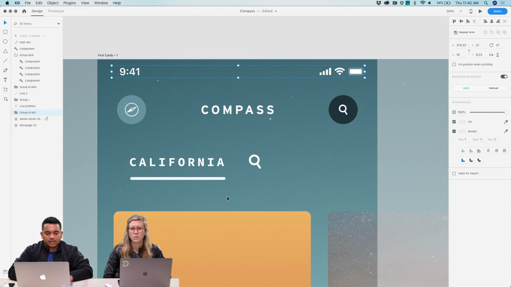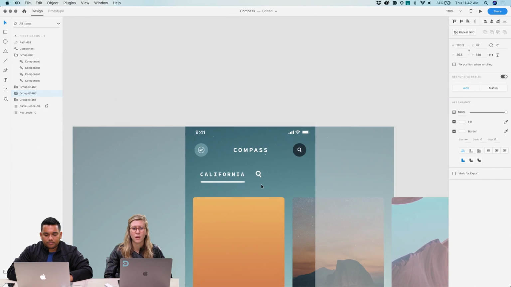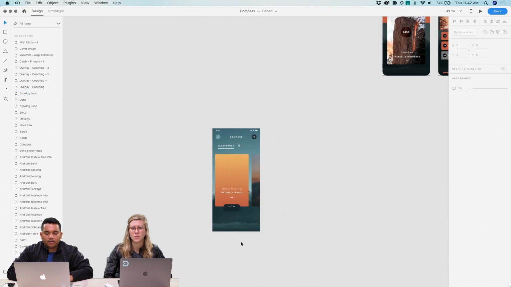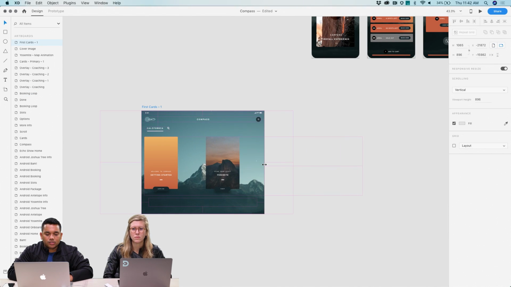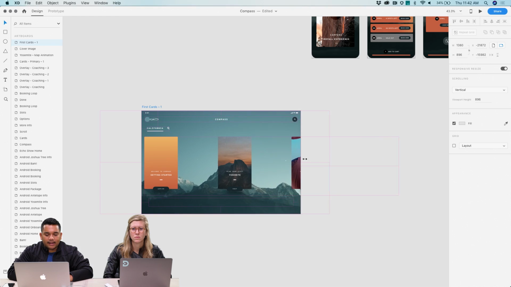So go ahead and group this. I'm going to group these two. So the idea is you're just trying to group things based off of how you would imagine you'd want them to stay when you resize. Exactly. So now when I try doing this once more, you can see that again, I got most of it